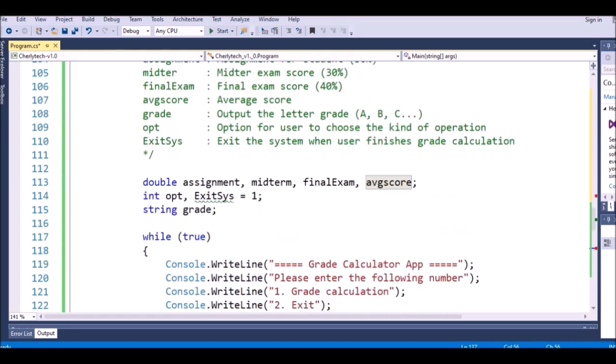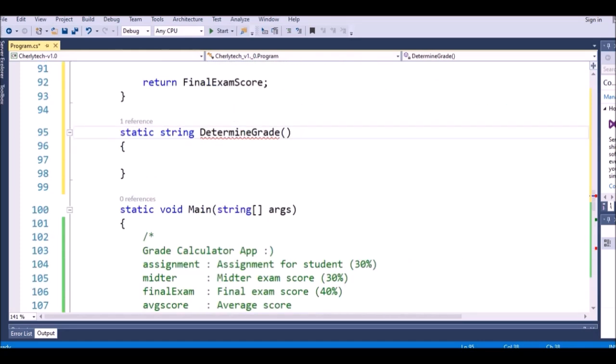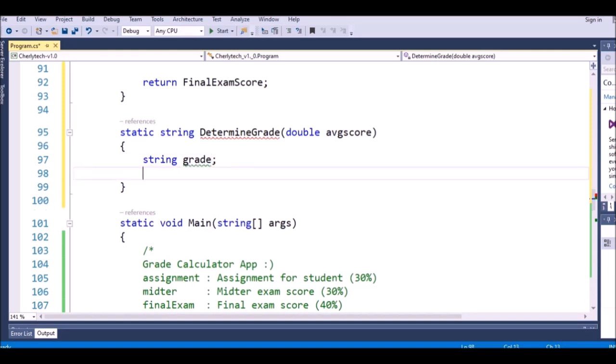So when we create the method, we should have this average score too. So I say average score, this one, like this. So after that we declare the string, right? First I grade this one,